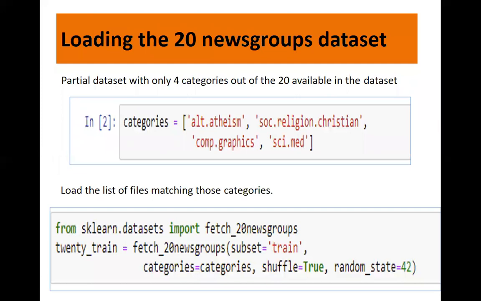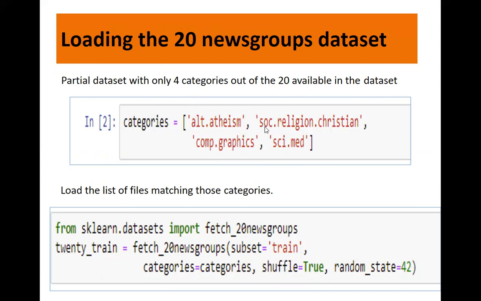the next step is we'll load our dataset. Now, we know the data set size is quite big, but we are reducing it to only 4 categories. So we need to define which 4 categories we'll use for our model. First we define the categories as atheism, religion, computer graphics, social media.